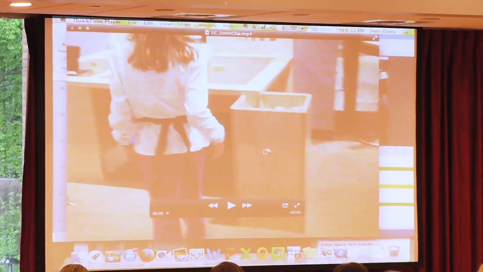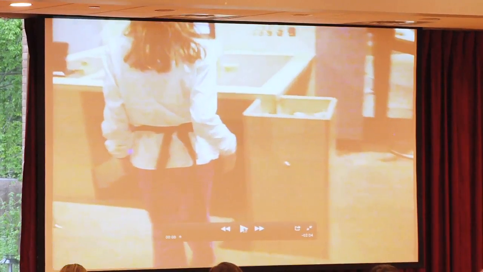Okay, so here's your task. I'm going to play this video in a second, and I am going to pause it after every 30 seconds. This is how we've actually done the coding. At that point, please put a 1 or 2 or a 3 in the box for that time segment. Don't look at your neighbors. Just do it yourself. A 1, a 2, or a 3. 1 is low engagement, 2 is engaged, 3 is high engagement. Okay? Everybody ready? Here we go.